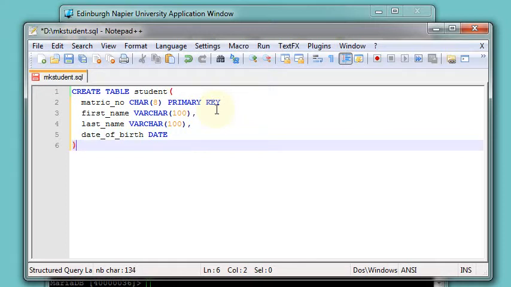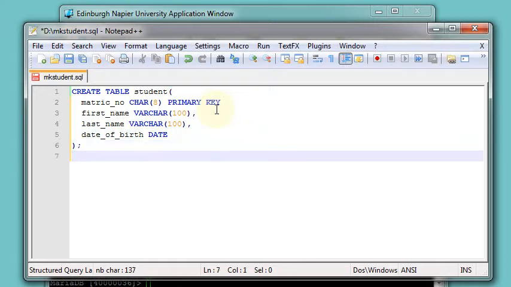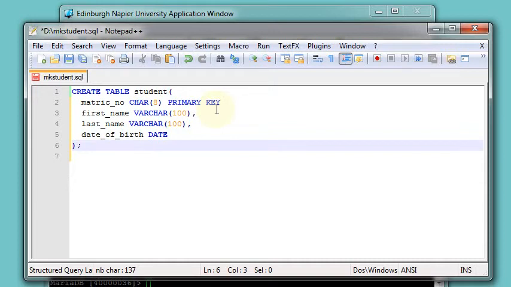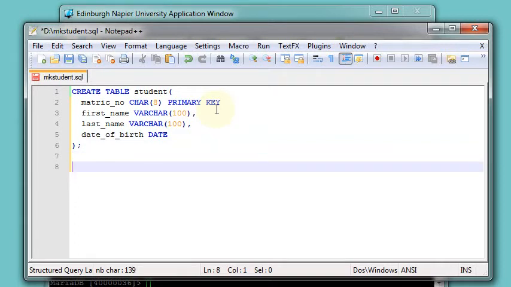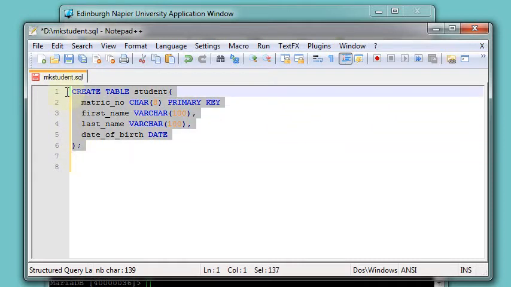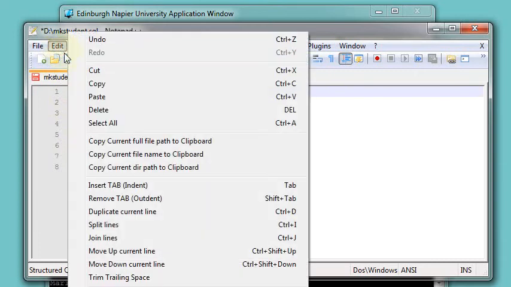Good. So you put a semicolon at the end of your command in MySQL. Different engines have different policies, but semicolon is fairly common. That just means that's the end of that statement, and I should be able to run this. So the question now is, how do I get this command into MySQL? One of the easiest ways to do it is copy and paste. So if I select all of that and copy,